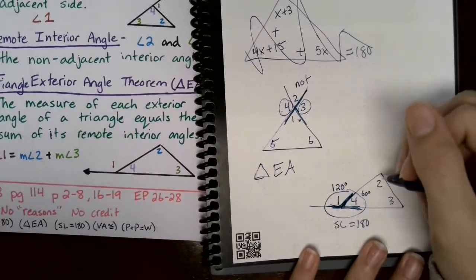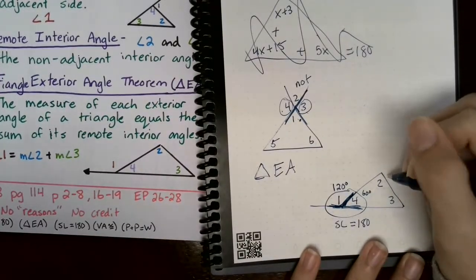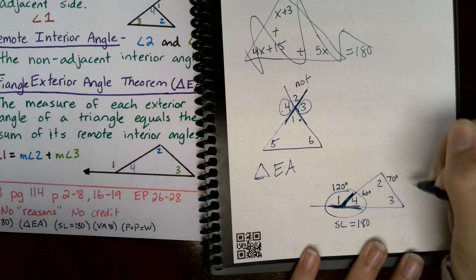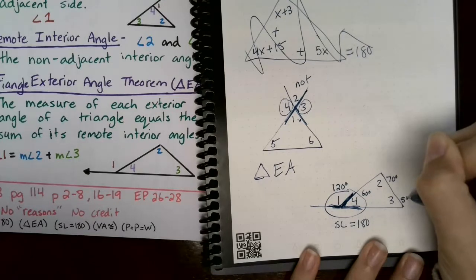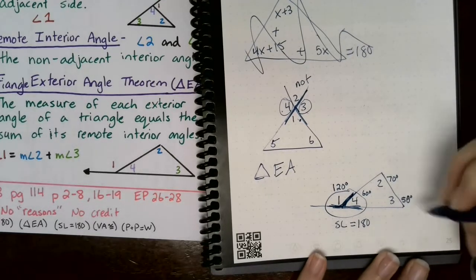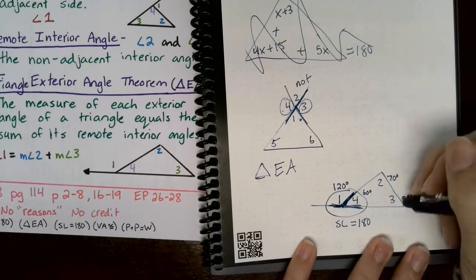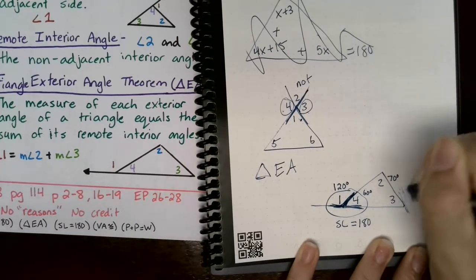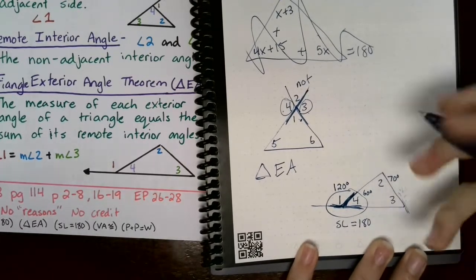Okay, so I'm going to say that this angle is 70 and this angle is 50 degrees. Okay, so I just made up those numbers, but they do work, and that's important to note. Okay, so I'm going to rewrite the 50